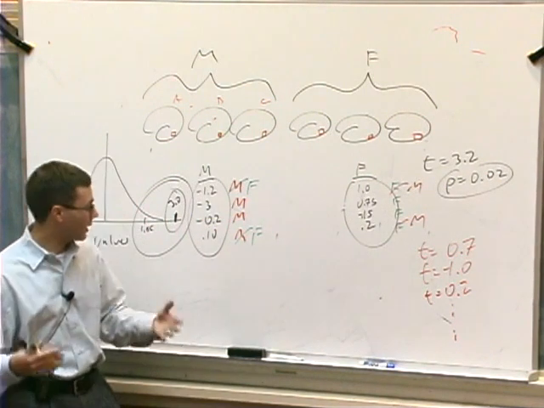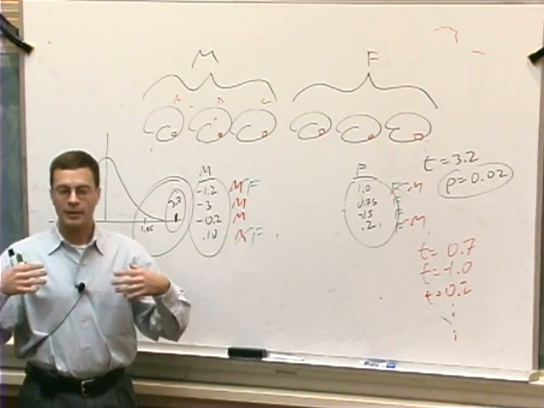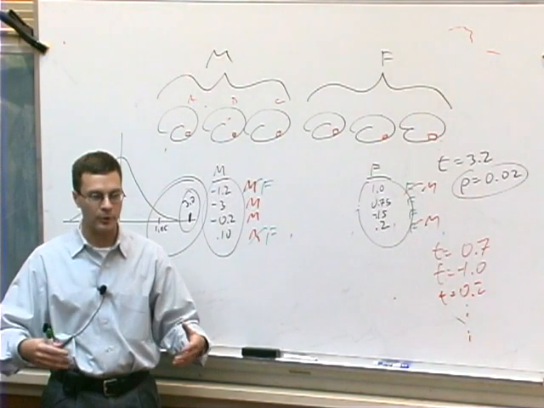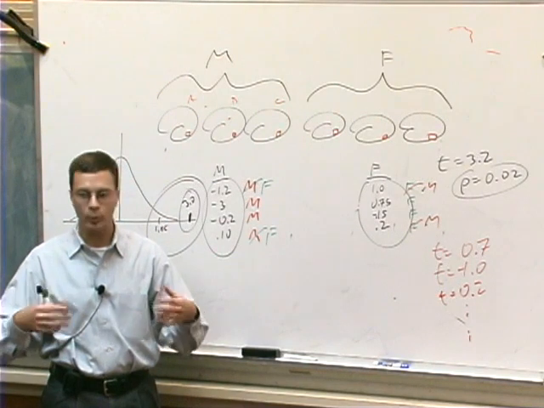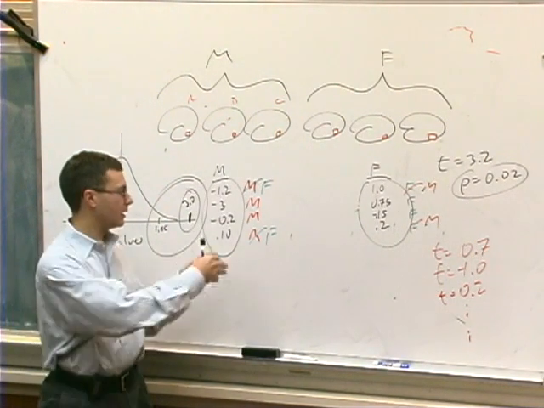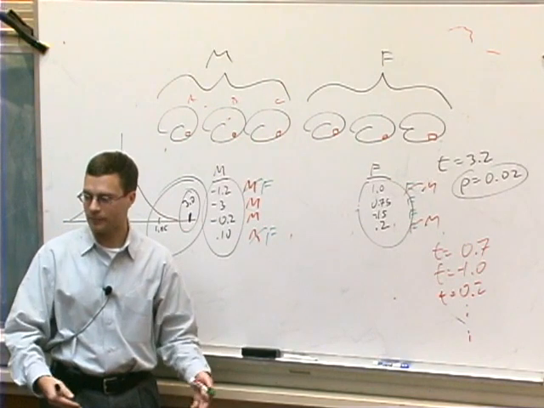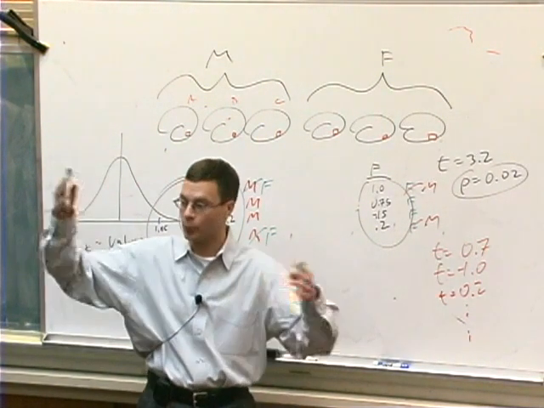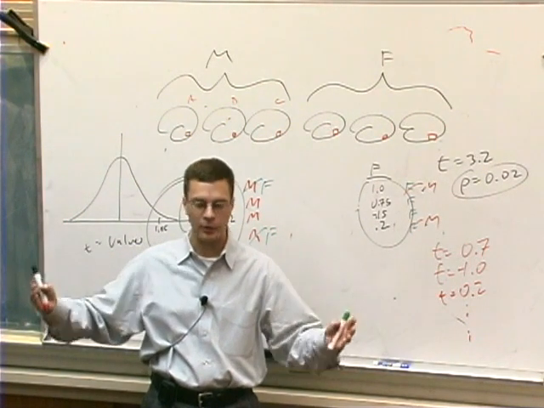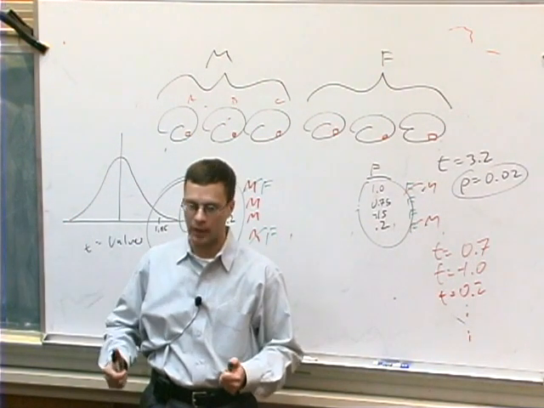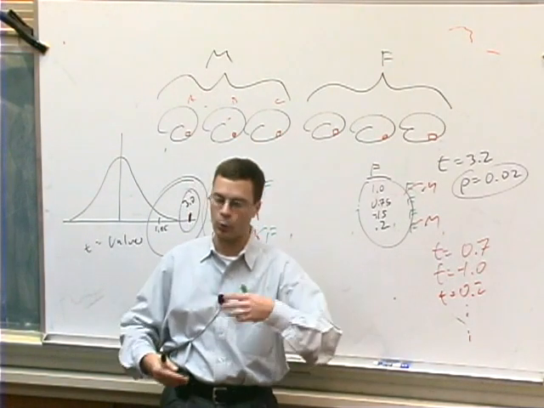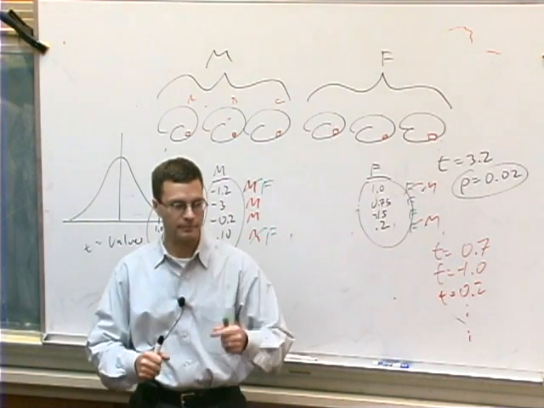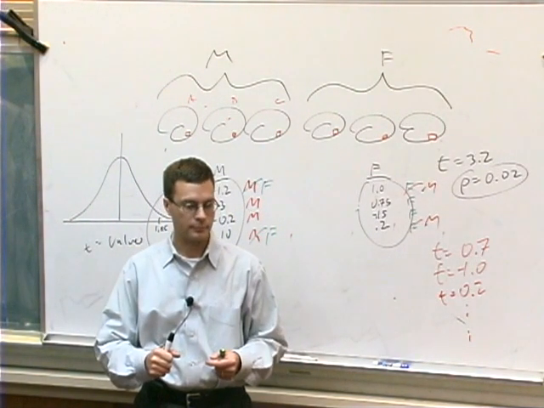So to state that in more general terms, to use this permutation approach, you have to have data that satisfies what's called the permutation or equal likelihood assumption, and that is that any one assignment of label would have been equally likely. When a subject walked in the door to be scanned, it is a coin flip. It could have been a man. It could have been a woman. There's no way that you, as the experimenter, could have predicted who the subject about to walk in the door was, in terms of time of day or ordering in the experiment or anything like that. Okay? Do this and you get a p-value that's not different from the one in the textbook.